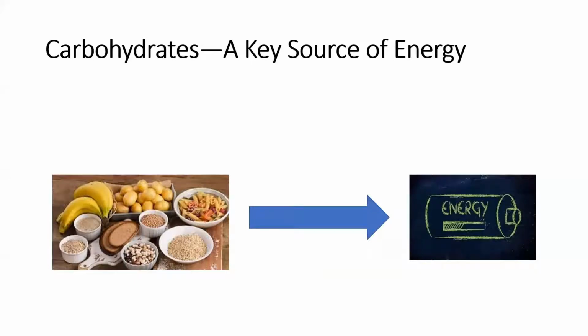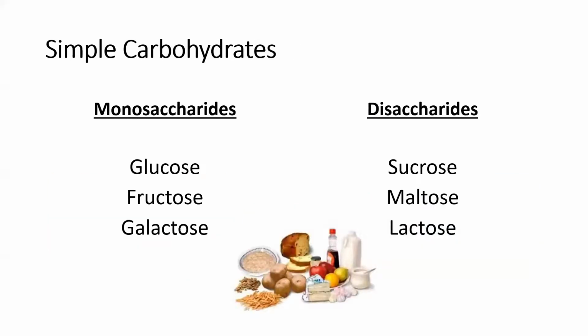Carbohydrates are our key source of energy, especially within exercise. So low levels of carbohydrate consumption can limit especially endurance and repeated effort performance within a game or a practice or a training session. Carbohydrates also are digested quicker. So we have certain ones that can be digested very fast, like monosaccharides and disaccharides. These are simple carbohydrates. These are the kind of carbohydrates that we want to consume immediately pre and post training to replenish glycogen stores within the muscle.